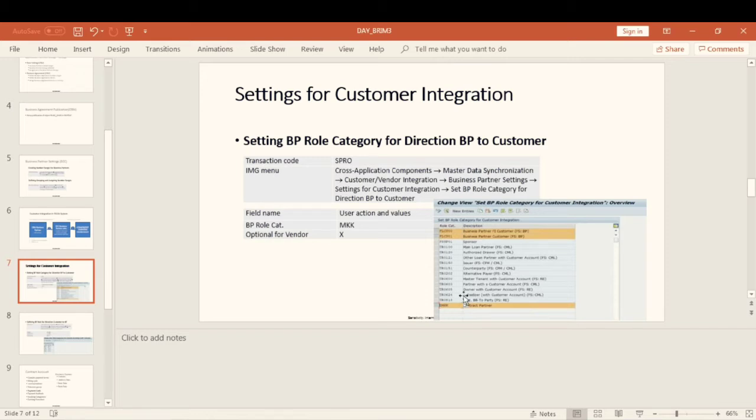If we navigate through this path, cross application components, master data synchronization, customer or vendor integration, we can define the BP roles like FLCU 00, FLCU 01.